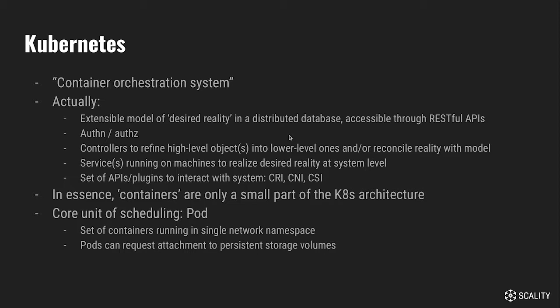All of that is available through well-specified RESTful APIs. There's a whole bunch of authentication and authorization with role-based access control in there. And then Kubernetes comes with a whole bunch of controllers, so operators, controllers. It's somewhat of the same thing, that take high-level objects like I want this service and I want 5 instances of it, and refines it into either the physical reality you want, 5 container objects, or even intermediate layers where this high-level object will create a slightly less high-level object that then will be further refined into what the reality